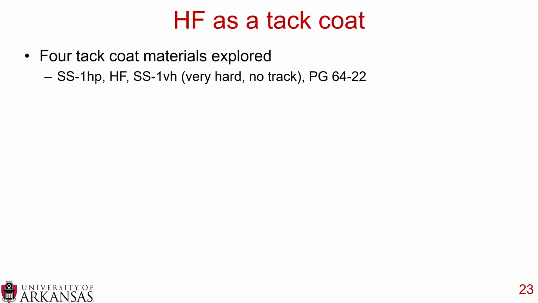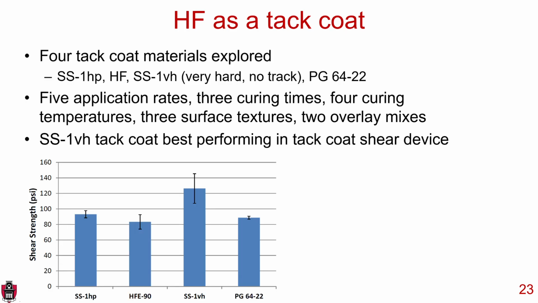This study looked at high float as a tack coat. They looked at 4 different tack coat materials. One of them was a high float, that HF right there. They looked at 5 different application rates, 3 different curing times, 4 curing temperatures, 3 surface textures, and they used 2 different overlay mixes. And they found that the SS-1VH tack coat was the best performing